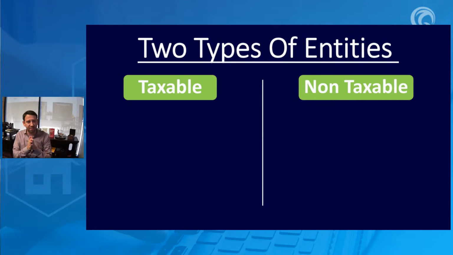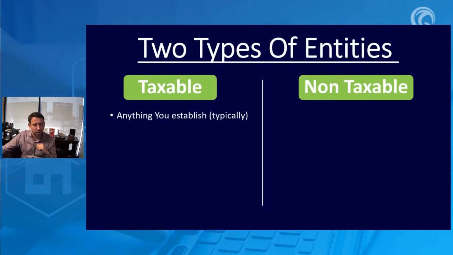If we understand this at a very basic level, we're used to operating on the taxable side, right? Taxable side meaning anything you establish, right? If you work a job, a W-2, a 1099, Schedule C, Schedule F, etc. You make profit, you make money, you have to pay your taxes. Well, it's not just you though, right? It's also if you create an LLC or a small business, if you create a C Corp, an S Corp, if you set up a land trust, personal property trust, something like that. None of these are tax exempt entities because you created them. You're taxable, so when you set up something, it stays in the taxable side.